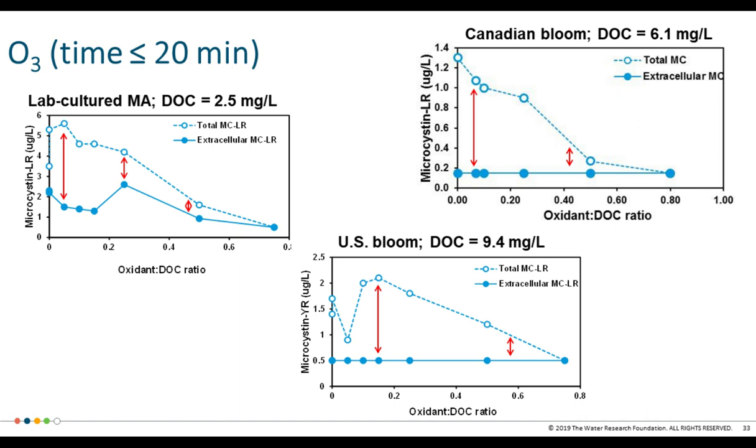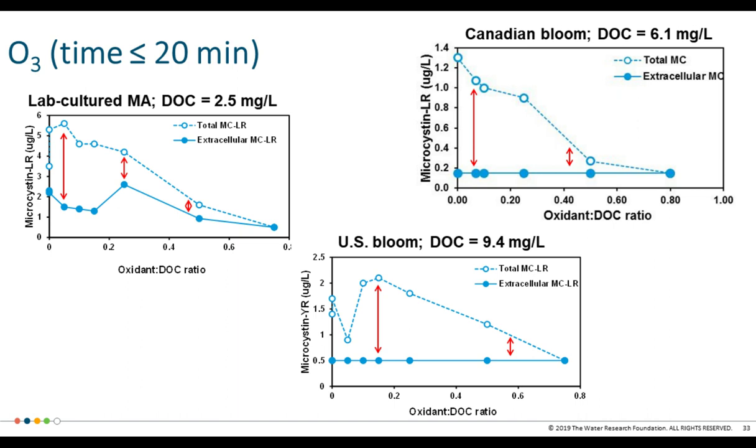So for example, here we can see for the lab culture, as the oxidant-DOC ratio is increasing, we are having a release of the intracellular toxins. So we're having a bit of increase in the extracellular, but the oxidation of the released toxins, so the total toxins, which are becoming more and more extracellular, is fairly fast. So at the ratio of about 0.6 or 0.5 in both cases, we are having a reduction in total concentration